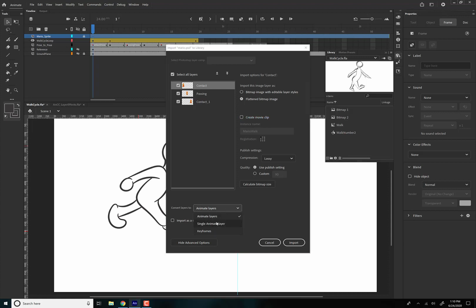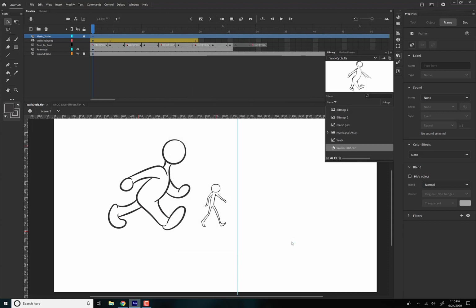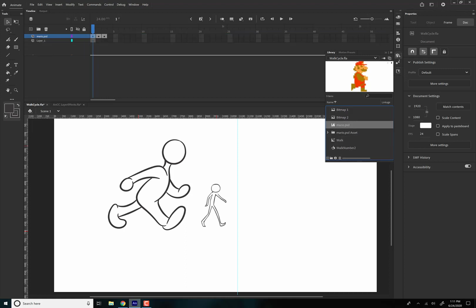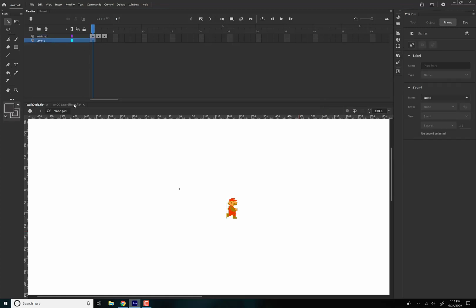It's asking, would you like to convert them to keyframes? I think keyframes would be the way I'd like to go, just to keep that moving, and I'm going to hit import. Now, because we didn't check movie clip, it gave us a PSD. It made its own little file, and then it has those different keyframes for the different pictures. If I double click on this, here we go,